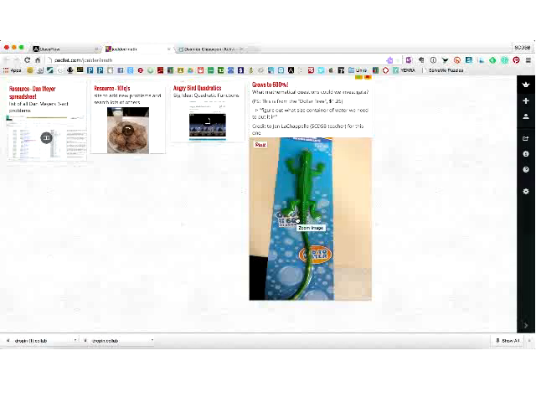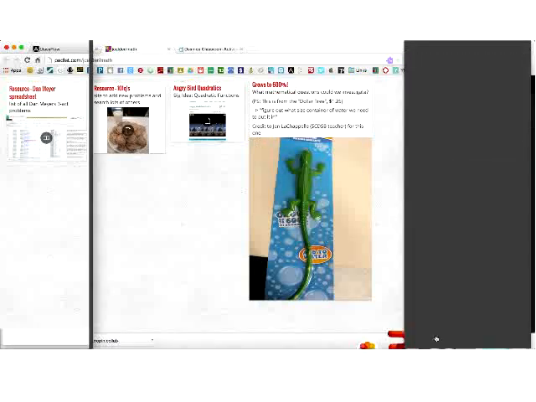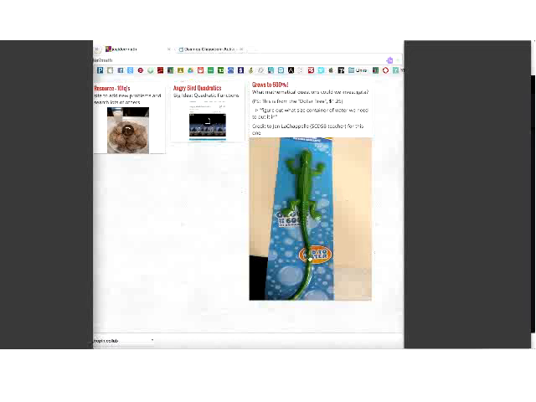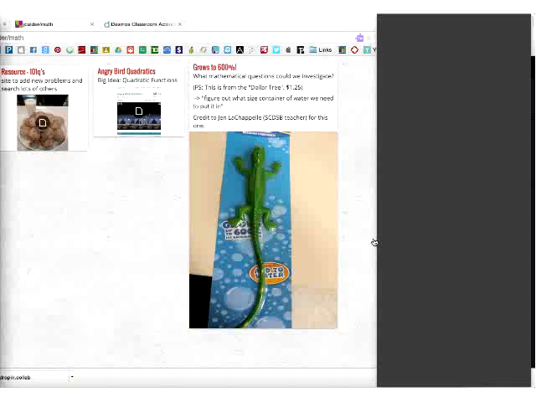So they have to brainstorm mathematical questions. We're hoping what we're going to guide them to is either how big will it be when it's done, or what size water container do they need to put it in so that it has room to grow. And so this will consolidate our percent, fraction, decimal, and ratios material. And so we went to the dollar store and got a few more. Every group will get to play. How long will it take to grow?